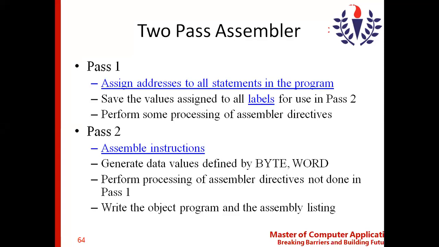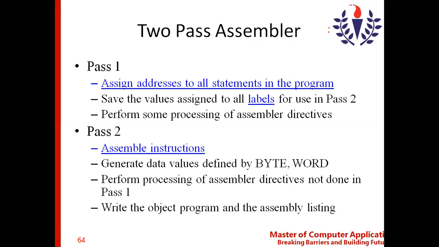a program, you have instructions wherein you can use symbols which are defined later in the program. If a symbol is used in an instruction and it is defined later in the program, those references are called forward references. Because of the forward references, the assembler is not able to assemble the instructions, or create the object code, within a single pass. That's how we opt for the two-pass assembler.